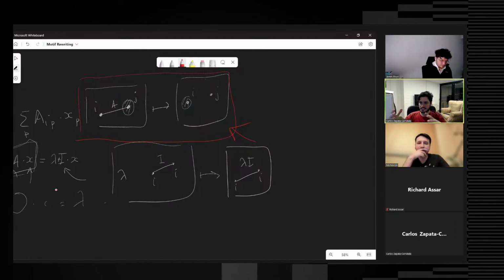Because Ix, lambda Ix is basically just growing X, right? It's like X doesn't move. It doesn't flow in the graph. It just grows or diminishes, I guess. Right. So